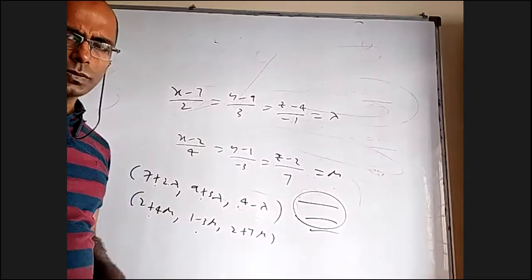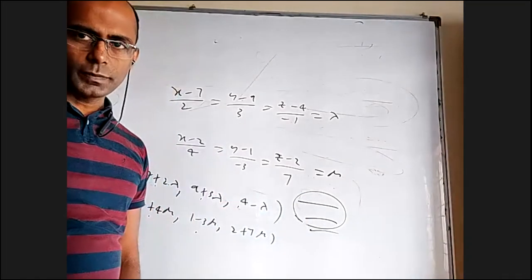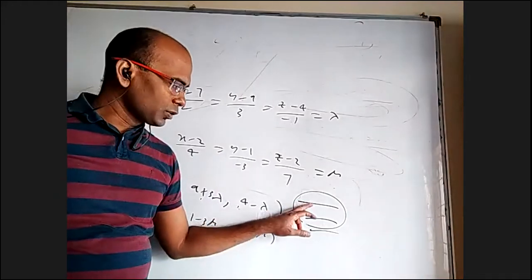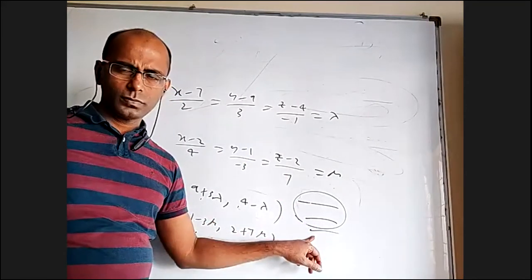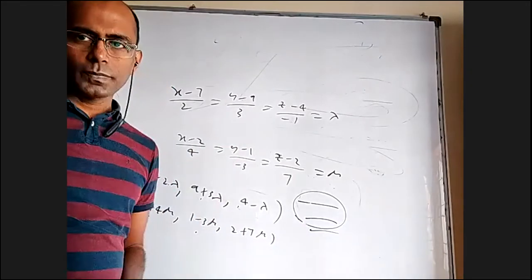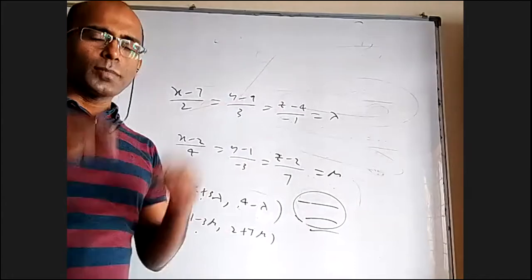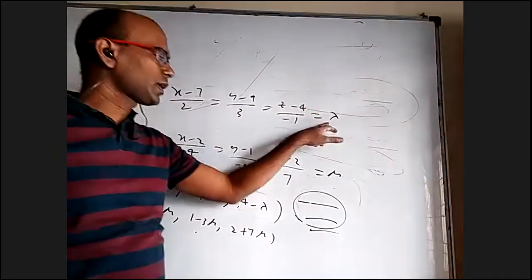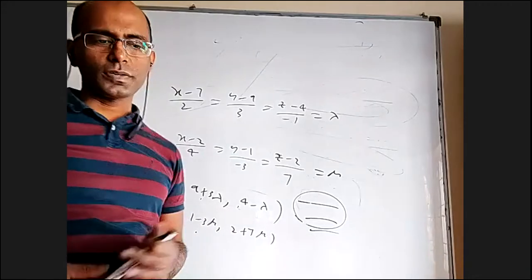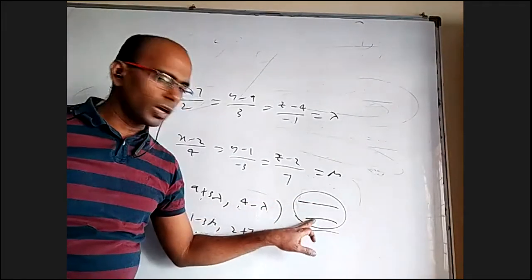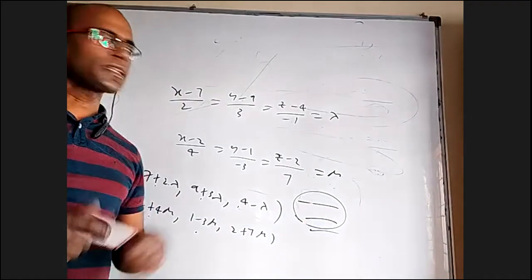Sir, can you repeat that again, sir? You have 3 equations, but only 2 unknowns, right? Yes. If you solve 2 equations, find lambda and mu, you put them in the third equation. If those lambda and mu satisfy the third equation, then they're really intersecting lines. And because you already know lambda and mu, put that lambda here or mu here, you'll get the point of intersection also. You know that they're intersecting and you also know the point of intersection. If the lambda and mu that you got by solving these two don't satisfy this, then it means they are skew lines.